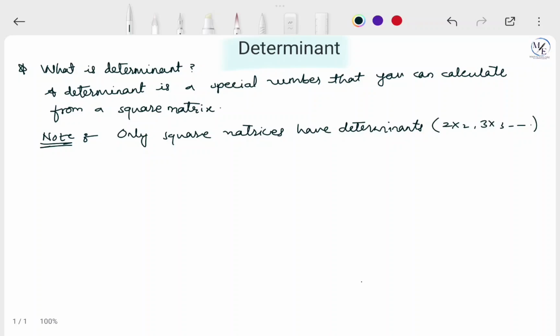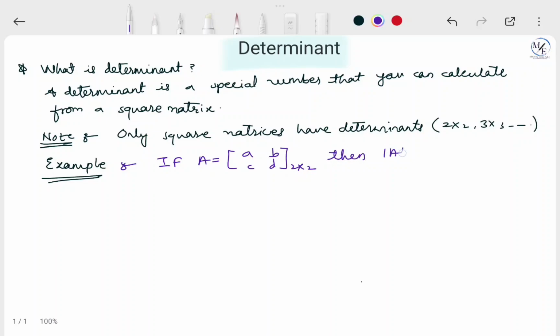To find the determinant of a 2 by 2 matrix, I have an example. Example is, if A is equal to the matrix A, B, C, D, a 2 cross 2 matrix, then find the determinant of A. Determinant of A is denoted by determinant of A or mod of A. So, solution is